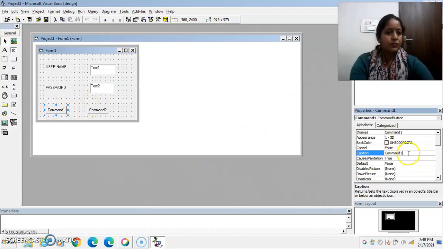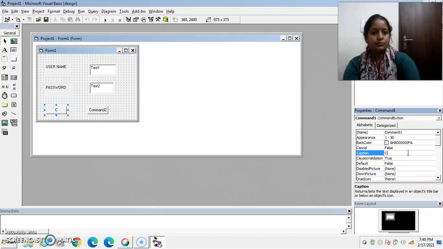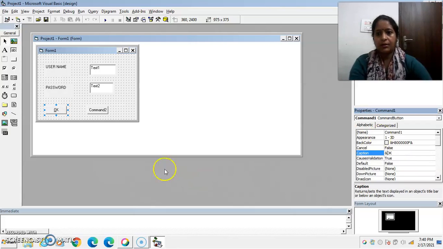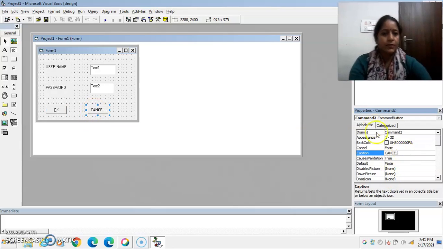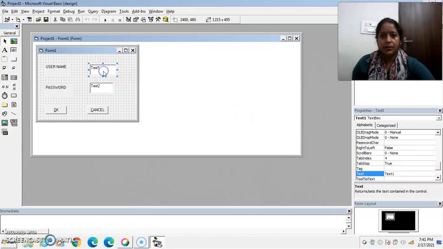Set the caption of the first command button to OK. Make it a hotkey by typing an ampersand, and the caption of the next command button is Cancel. You can also make it a hotkey by adding an ampersand to it.